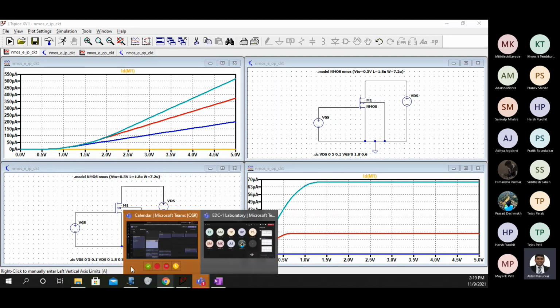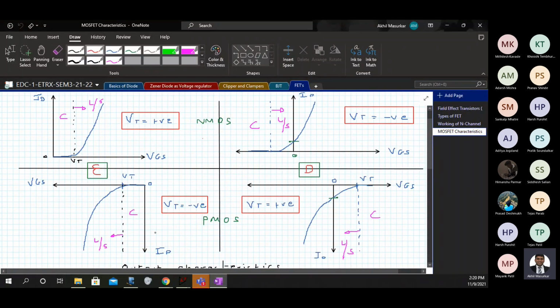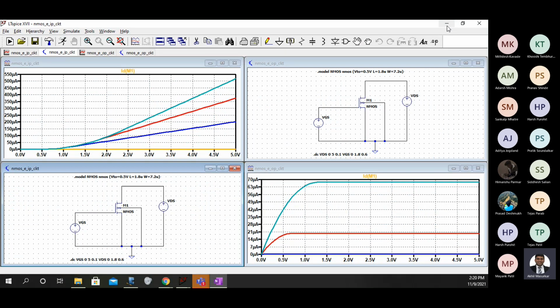Now, I will give you some time to apply your mind. You have these two codes for enhancement type transistors. Now, I want you to make depletion type, so we want to see these characteristics. We did this NMOS enhancement. Now we want NMOS depletion. So the first thing that we have to do is we have to apply a negative threshold voltage.